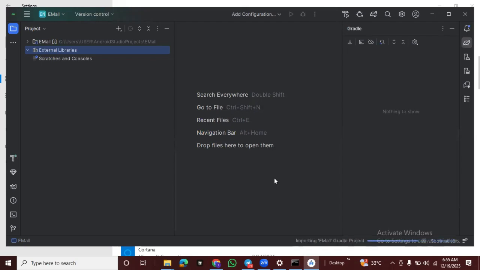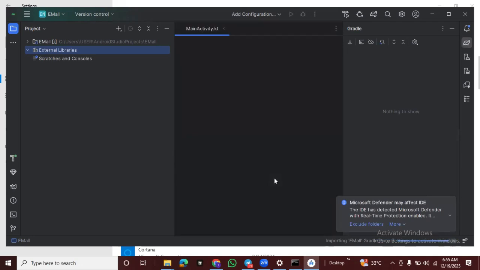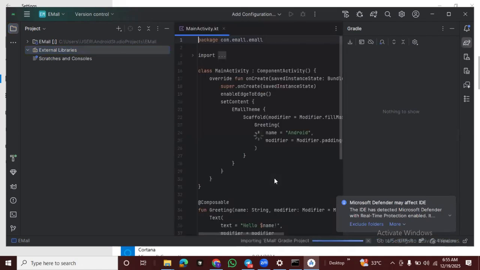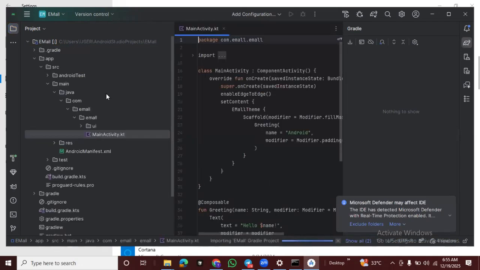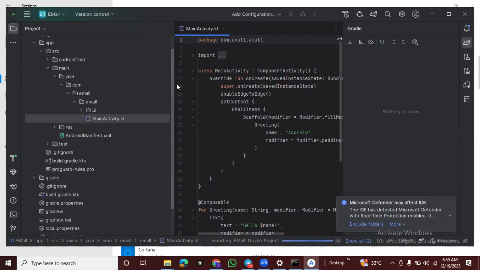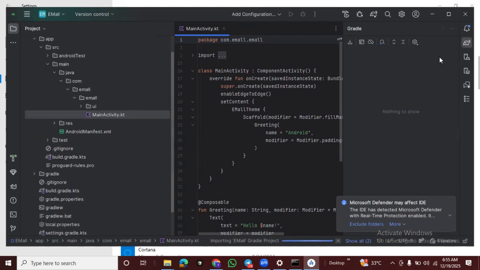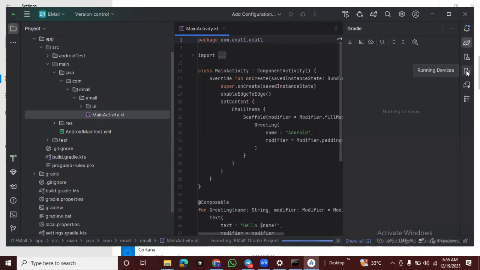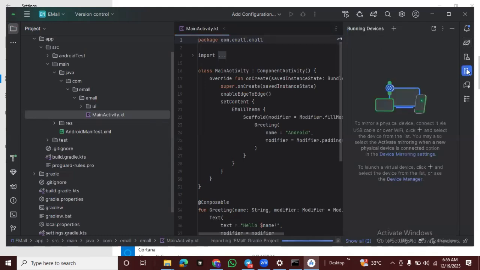Okay, so now all these have been created automatically for us, right? So this is a starting point of our application. You can preview this app by clicking on